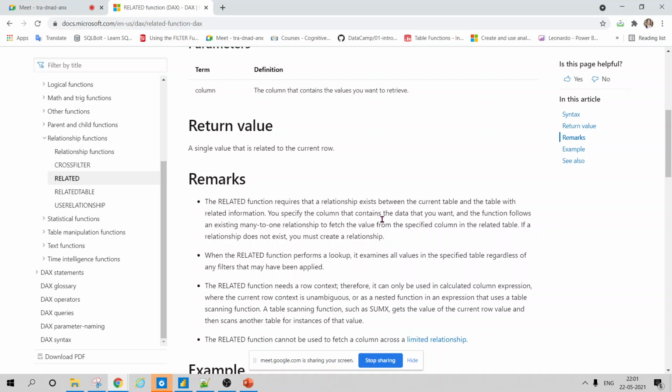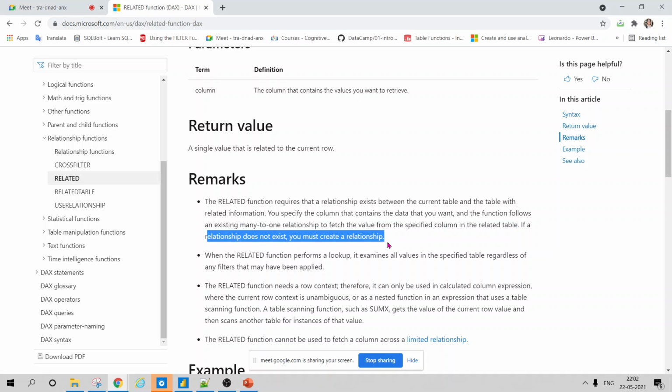You specify the column name that contains the data, like you know from where you are taking the data you want, and the function follows the existing relationship from many to one to fetch the value from the specified column in the related table. The specified column is on the many side, and the related value is on the one side.